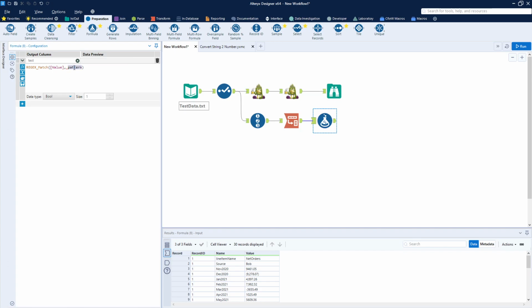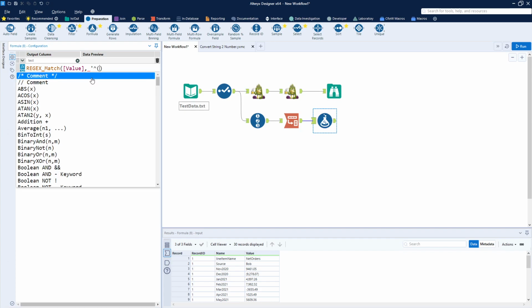And now we must give it a pattern. This is where the fun of REGEX comes in. I will make this bigger so you can see it, and it's a good reminder of how this all works. What I want to do is find every line that begins with one of the months. To do that, I use the anchor for the beginning of the string. So this says the string begins with, and then I want to put inside of parentheses,